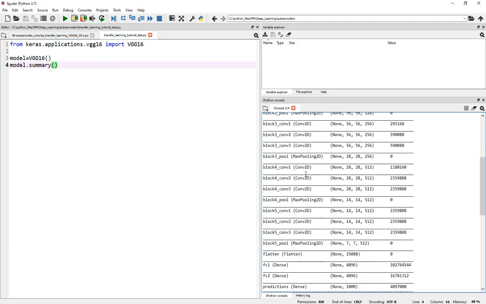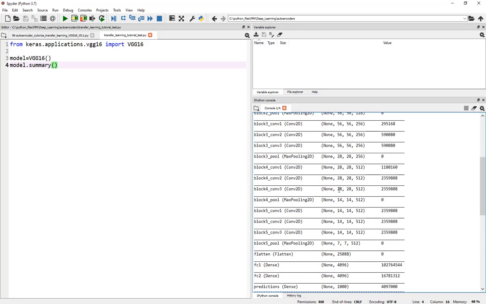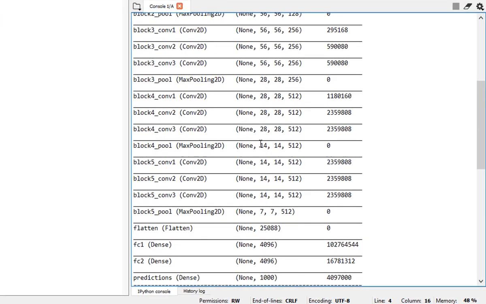Okay, there is the summary. And by the way, I should mention that for the first time, if you do this, it takes a little while because it's almost 600 megabytes, and it downloads the weights from the internet. And of course, while importing this, while defining this model, you can go back to the documentation